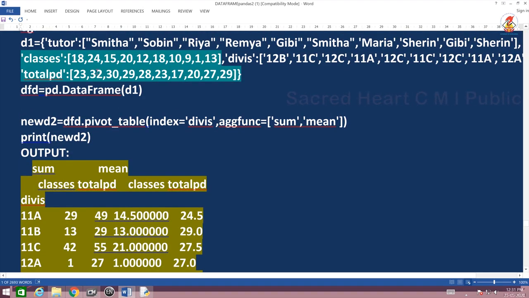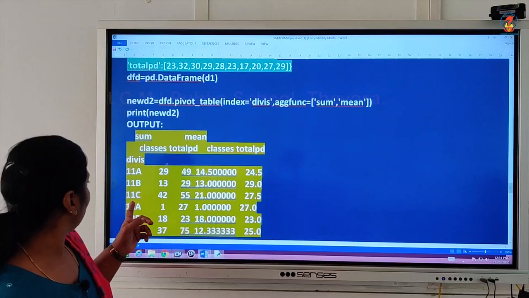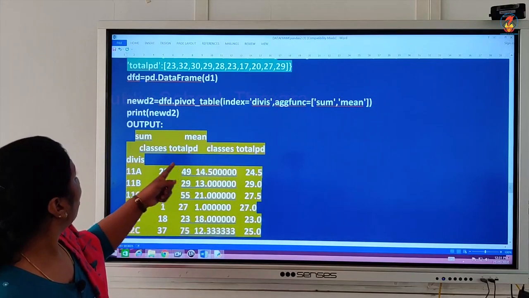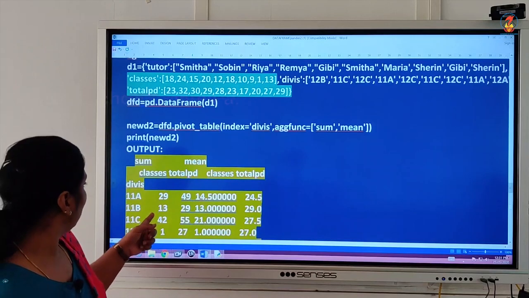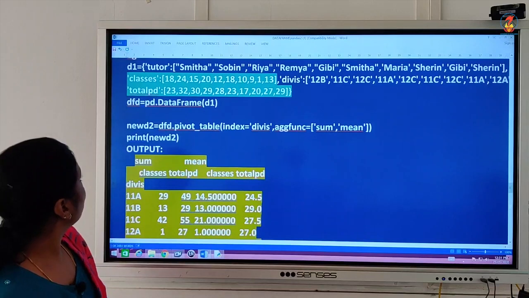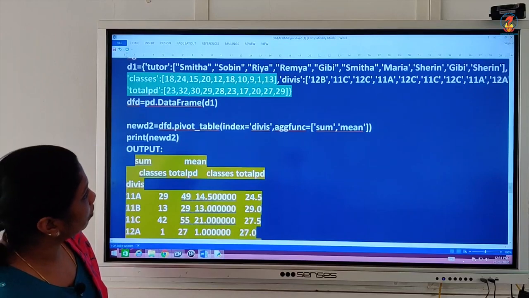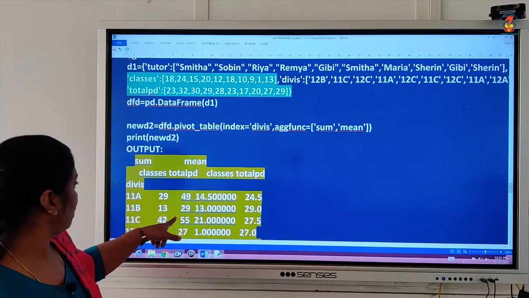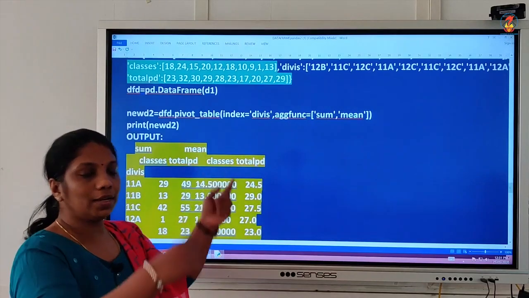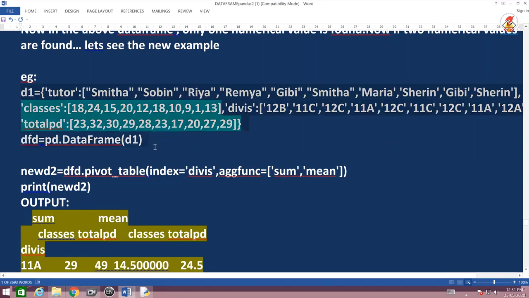That means, see for example over here, under each class each teacher is there, so that particular division, which division? 12B. If 12B is not repeated, 12B will be having 23, see 23. Now 11C you have 27.5, that means 11C is repeated, see 1, 2, again 3, one more is there. So that added up sum is coming here as 55. That you can try it out. If you want, you can just take this same example,